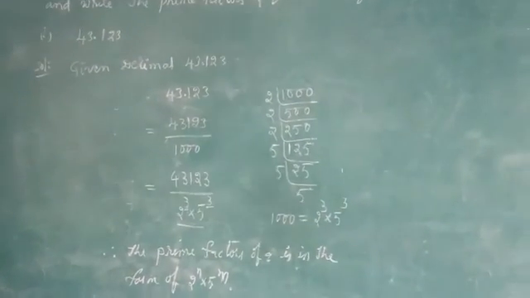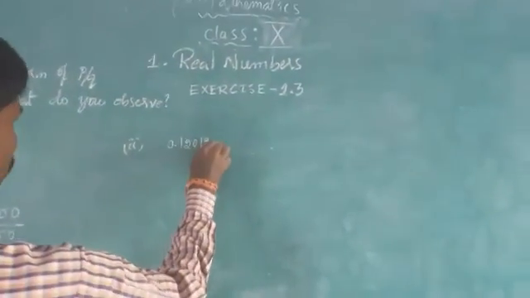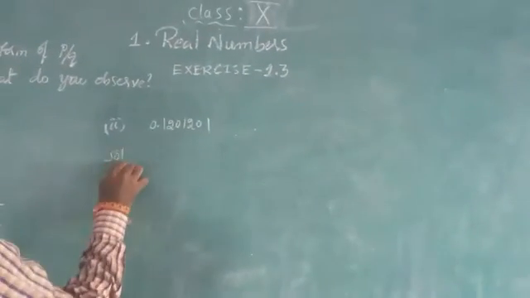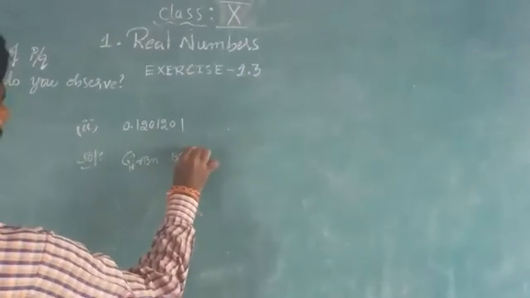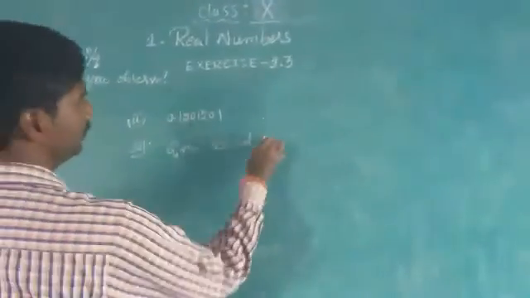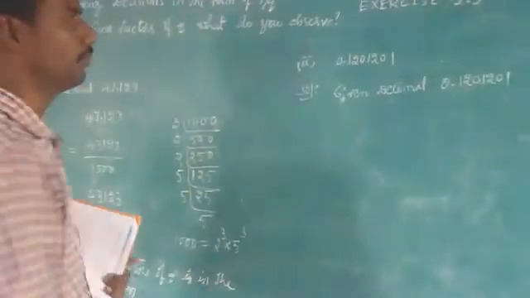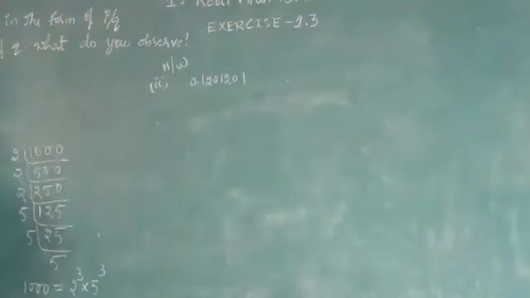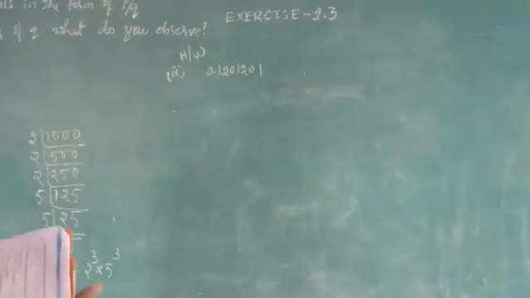Then similarly, I will go for the second one. So here is 0.1201. Then what is the given decimal? Let me write here the given decimal. Given is a decimal only, right? See, this is the same as the first problem. So I hope you take it as homework. This I won't explain. Same similar process only, right? So then I will go for the third problem. I would like to explain you the third problem.